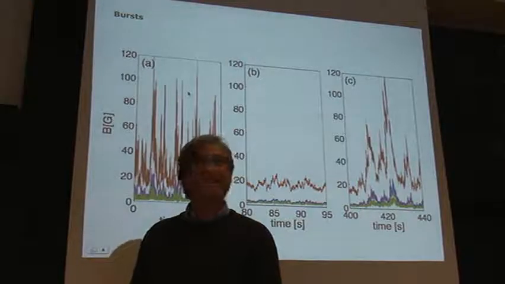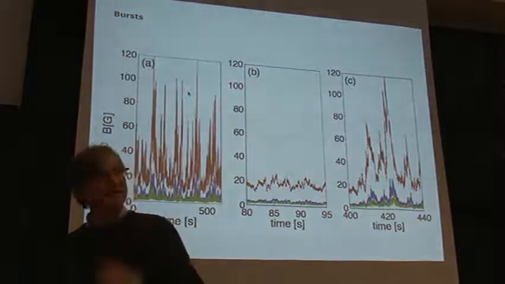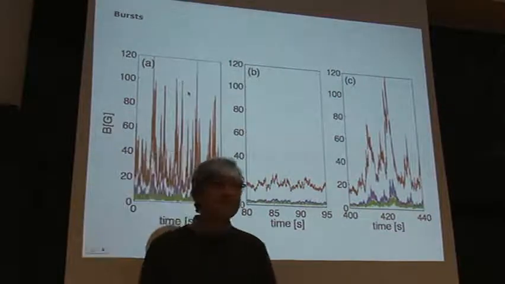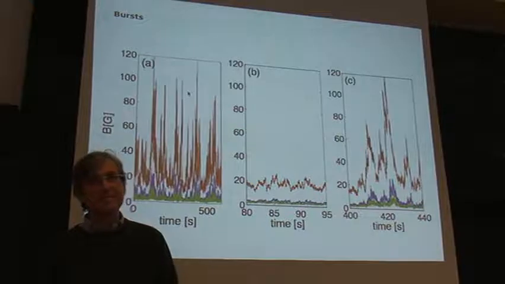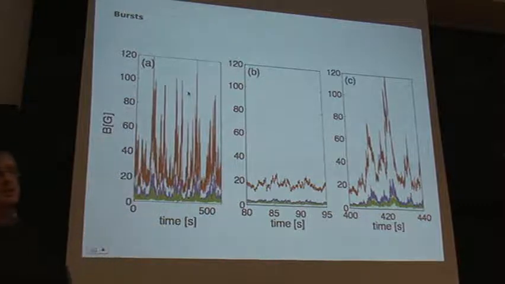Axel, Reza Tavakol's paper with stochastic, they had something like that, didn't they? These are mean field models. Yes. I mean, MRI looks a bit similar. If you have a strong net field, then you also get strong spikes. I'm willing to write down a reference if you have one.